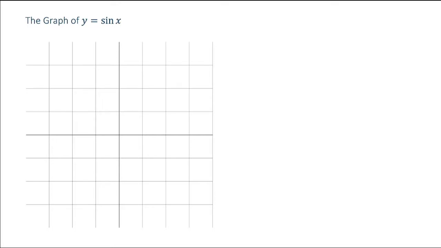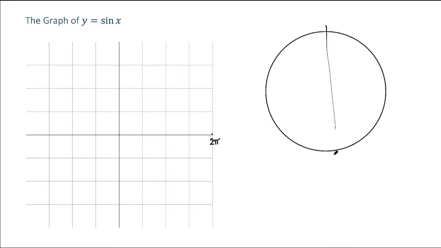We know that the sine function completes a full rotation around the unit circle. In 2 pi, it hits everything that it needs to. So from 0, I'm going to make the end of this here 2 pi, because I know that will be one full period. All right, let's look at the unit circle to help us see what